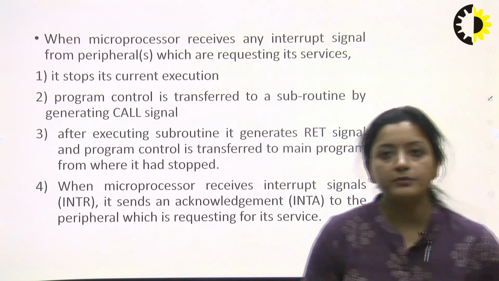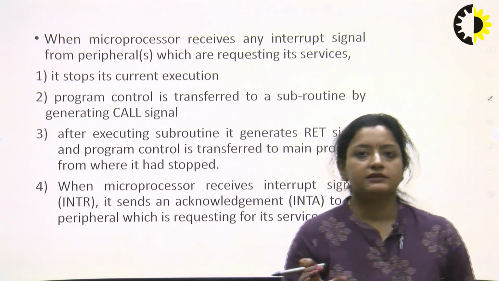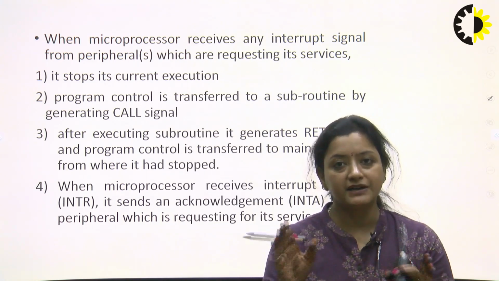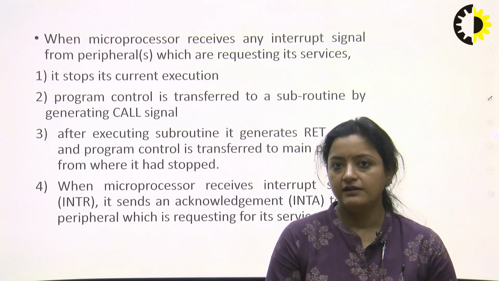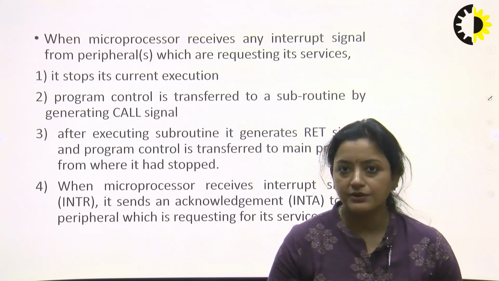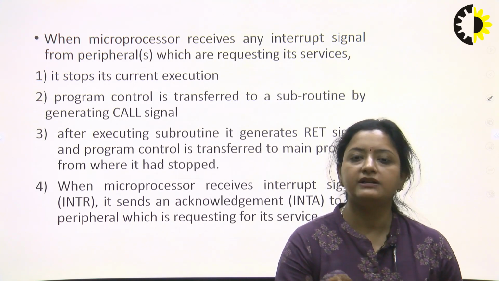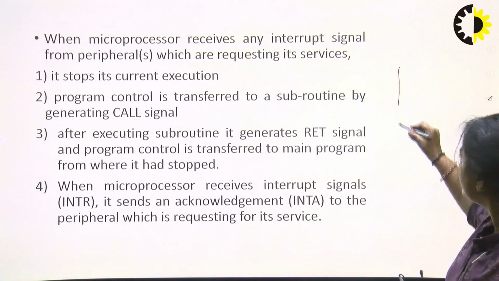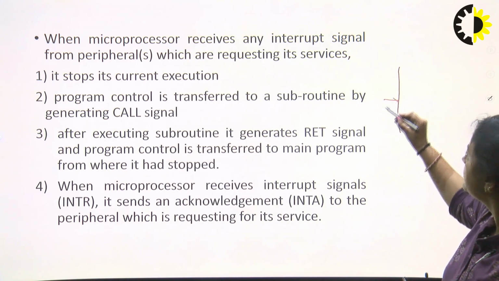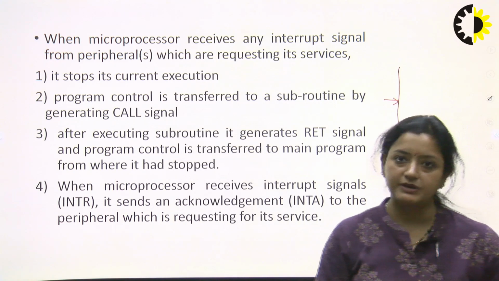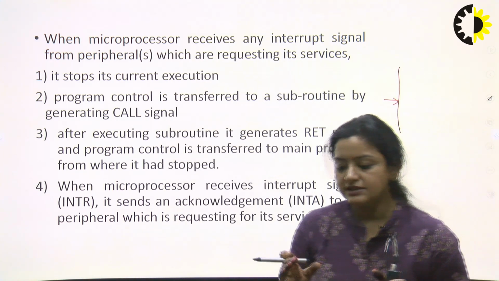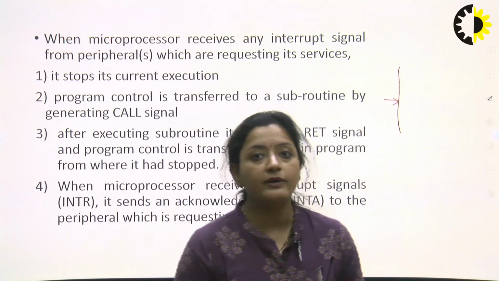First of all, what do you mean by an interrupt? The word interrupt in English means anything which disturbs a particular process in between. For example, if a program is going on and I disturb it in between, that will be called an interrupt. So a process which is going on, and if I am disturbing that particular process in between, that is called an interrupt. Its name is very similar to how it functions.